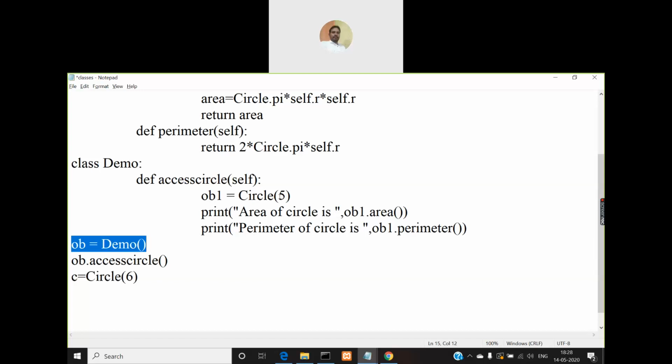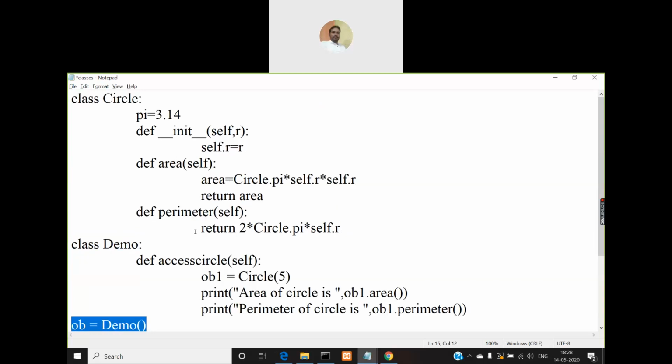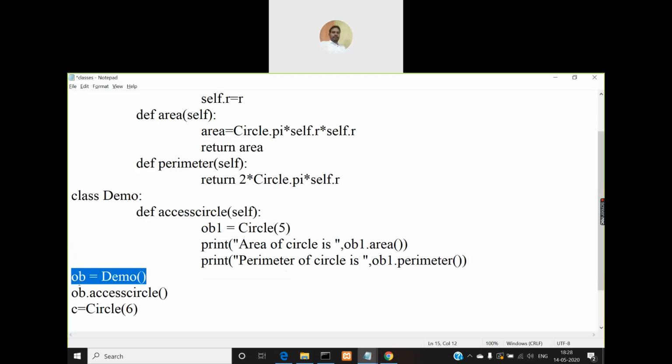Until you call access circle, you will not be able to call the circle methods, that is area and perimeter. That's the reason why I'm creating an object only for the demo class here, and then calling access circle. Then access circle will in turn create an object for circle and call the methods in the circle class, right? So I'm erasing this one.